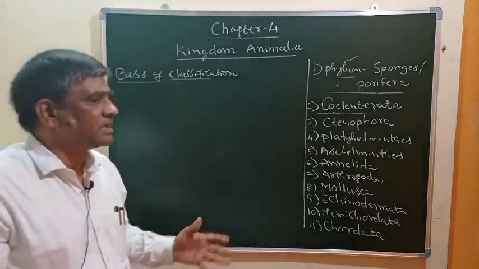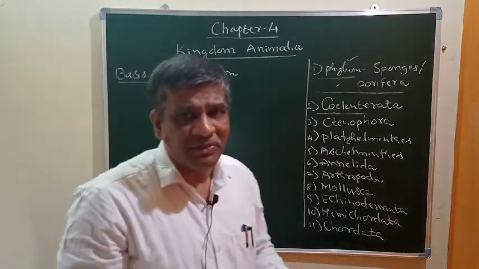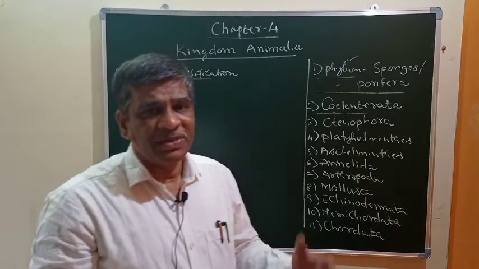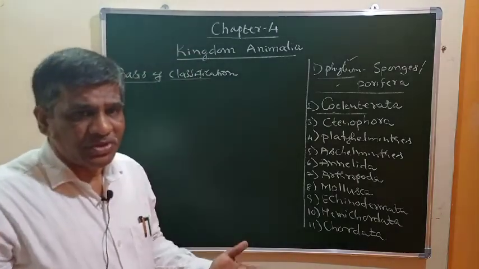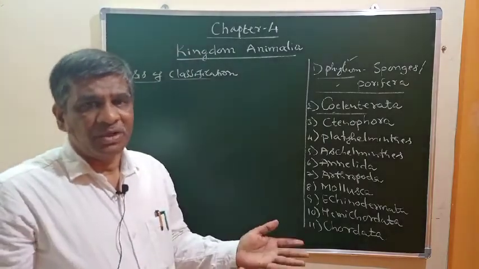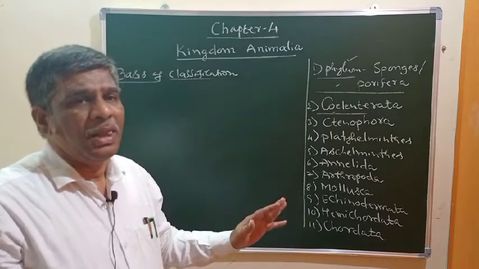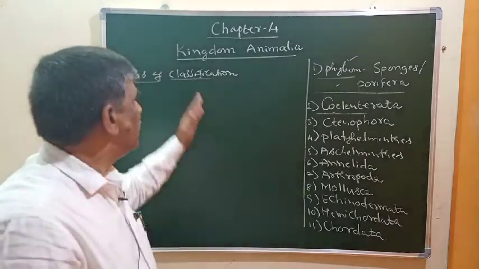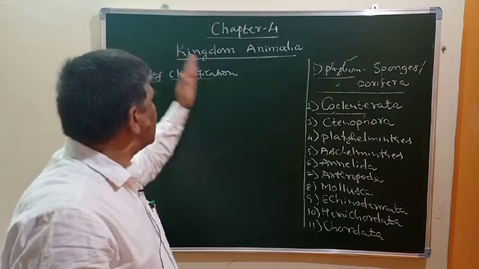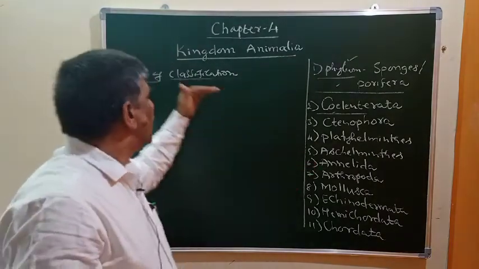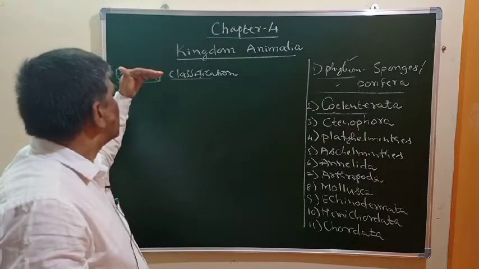For example, let us take the simplest example which we use in our house. Suppose you bring vegetables and fruits, you can separate them: fruits are different, vegetables are different, and we divide them into different parts. In that way, animals we can divide into different phyla, and for that we have taken some basis